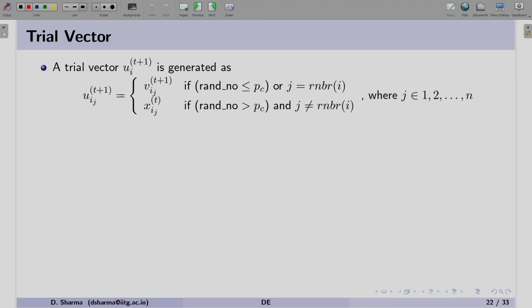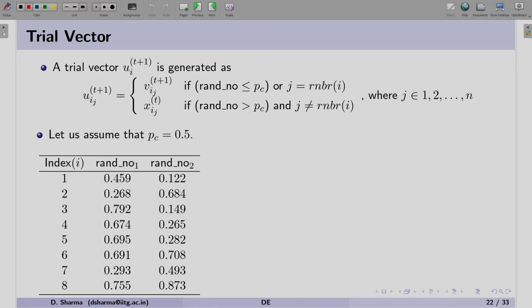As you can see here, the trial vectors will be made with the help of every variable j. Using this particular formula given at the top, we will be generating the trial vectors. For creating the trial vectors, we are assuming the probability of crossover, or crossover rate, is 0.5. That says that 50% should come from the mutant vector and 50% should come from the target vector. So, let us see how.